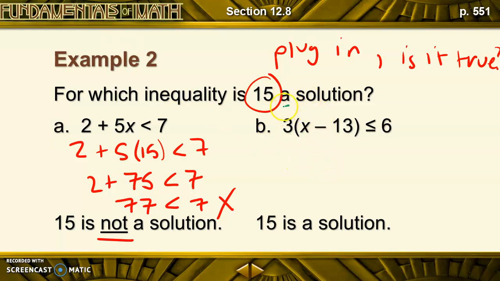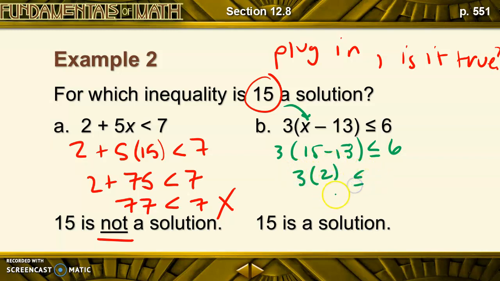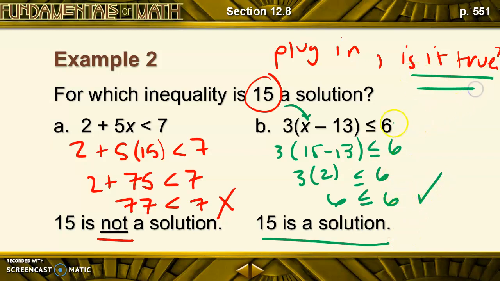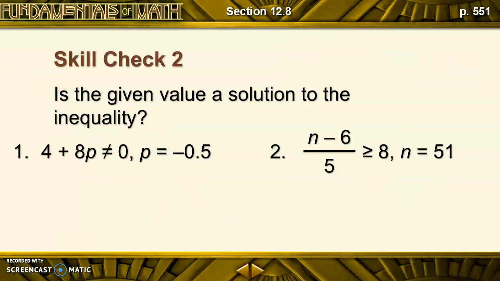We want to go ahead and plug in 15 for x. So I have 3 times 15 minus 13 should be less than or equal to 6. 15 minus 13 is the same thing as 2. And 2 times 3 is 6. And is 6 less than or equal to 6? Well, yes, because it has an option to be equal to, so it is a solution. So this checks out. So we're going to be answering the question, is it true? Okay, let's go ahead and try one of these